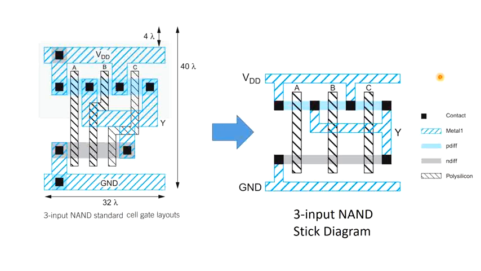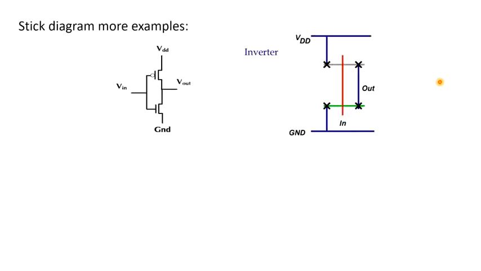Let us see some more examples of stick diagrams. For example, this is an inverter. How will its stick diagram look? It's just simple as it is. This VDD, ground, this line connected, P diffusion, N diffusion, polysilicon line, metal layers connecting this drain and drain. That's all. Just notice the color code that is generally used. This blue lines, orange, green, red line, and then blue for metal lines.